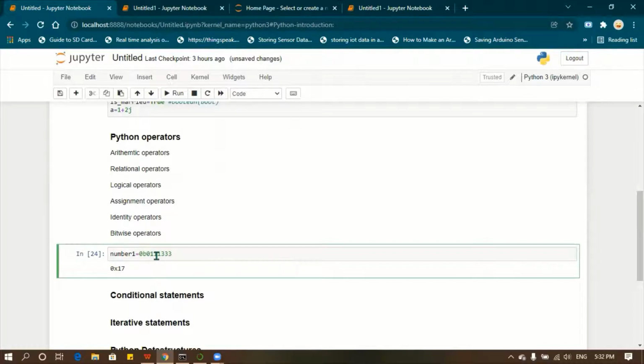Okay, so when you are giving the values, give 0b. So when it sees the b, it will treat it as a binary value.